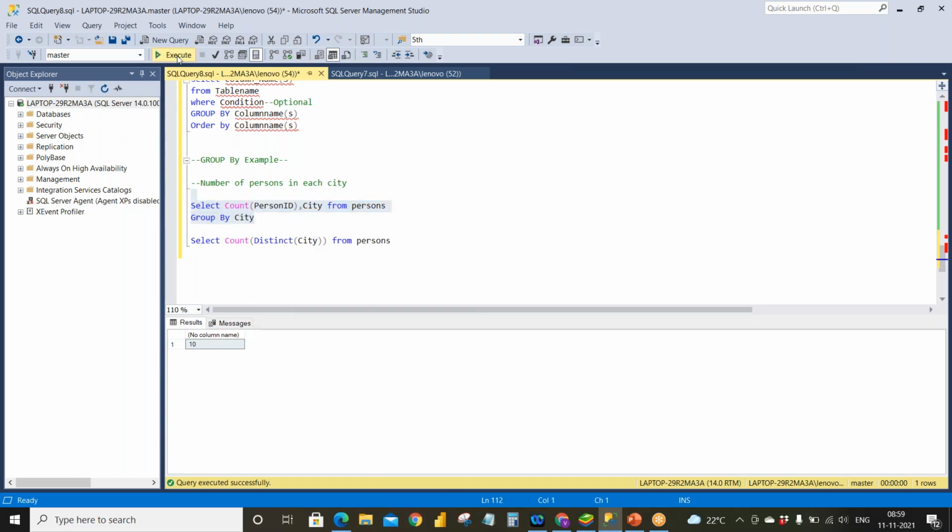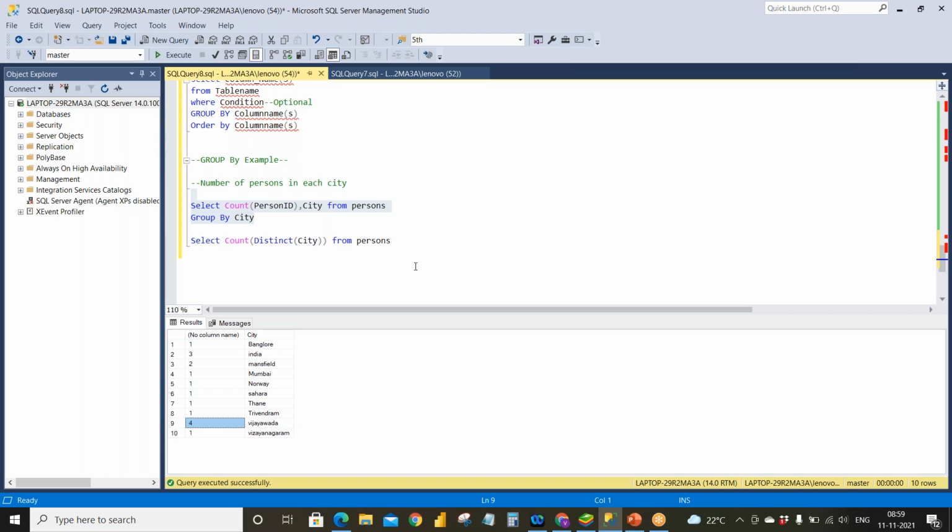Let's see what happens. Here, in Bangalore I have one person, in India three persons, in Mansfield two persons, in Vijayawada four persons. In this way you can get whatever you like with these partitions.